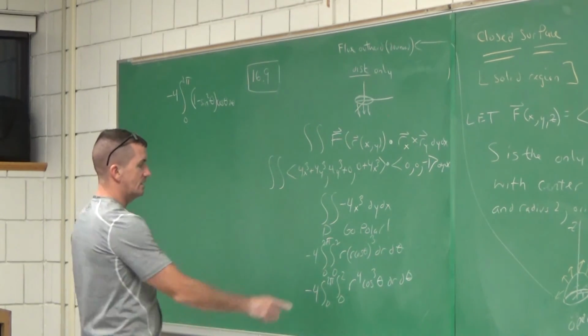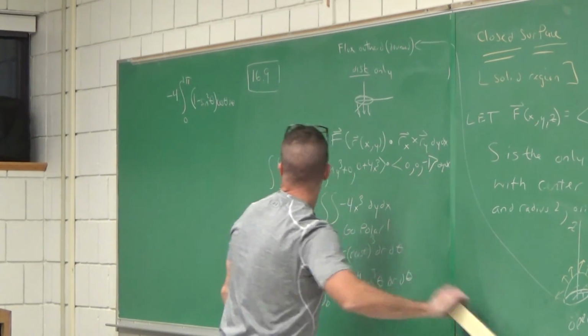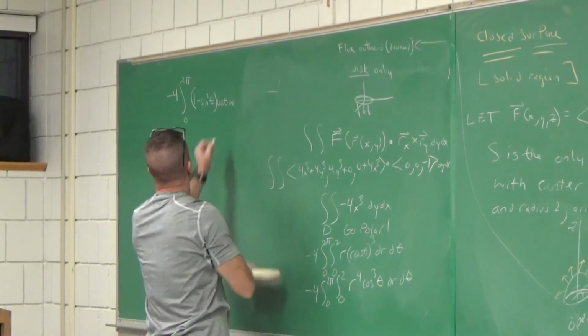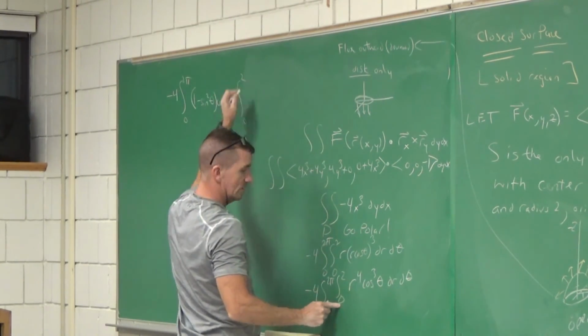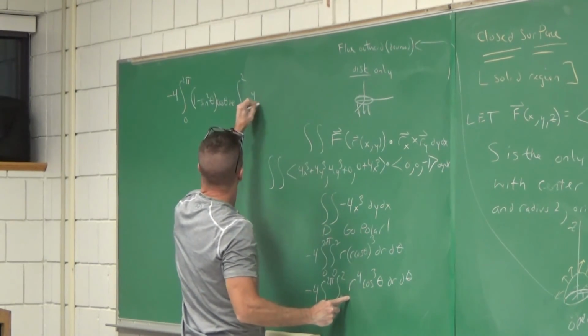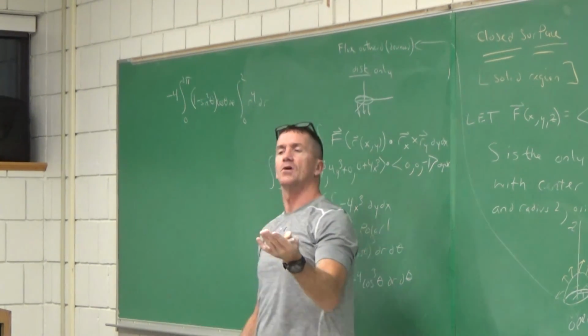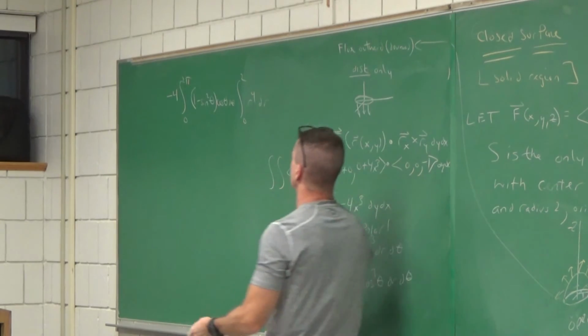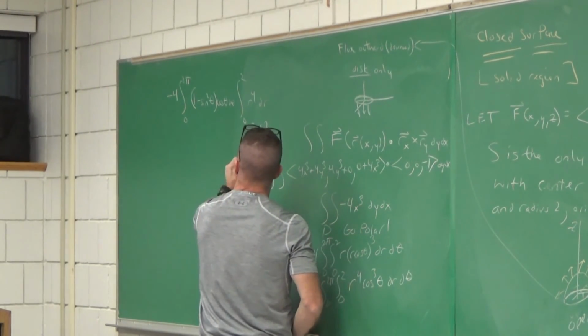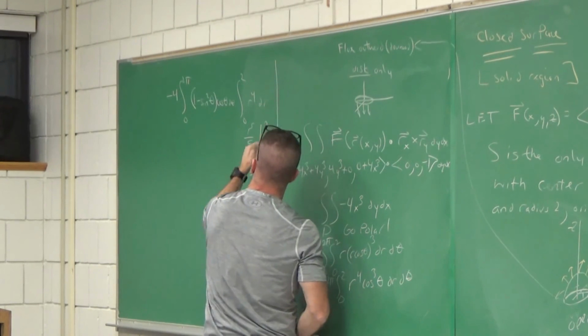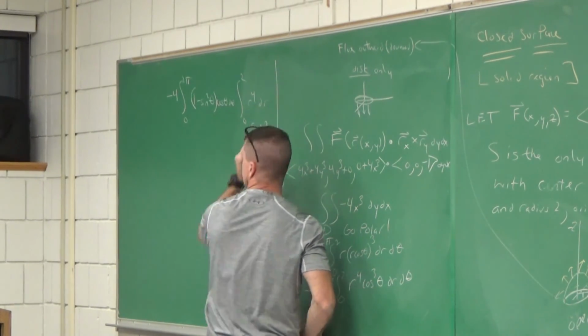There's the d theta, and that r is going to be a piece of cake, everyone. Take that and multiply the integral from 0 to 2 of r to the 4th. We'll do the easy r first. What's the integral of r to the 4th? R to the 5th over 5. I get 32 fifths. That was easy. It's this guy.